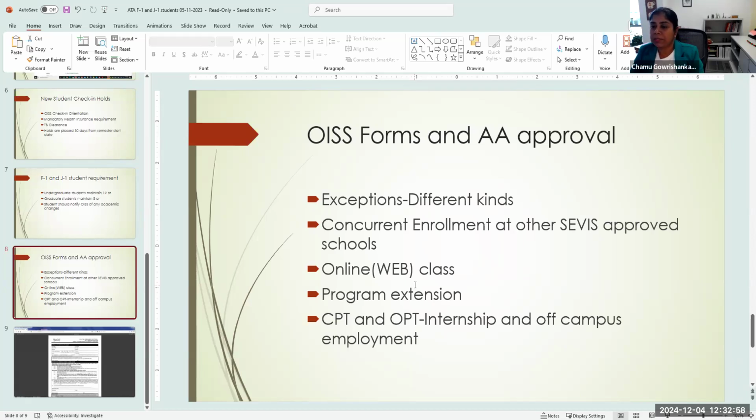The next one is the online web class. We talked about that. There is no form for it. Usually we catch that in our reporting. We see a combination of classes for the students, and for one student we see, like, out of 4 classes, 3 are web and 1 is traditional. That's a big flag. And that's the one we will follow up with them and see if they can add other classes and drop these web classes.